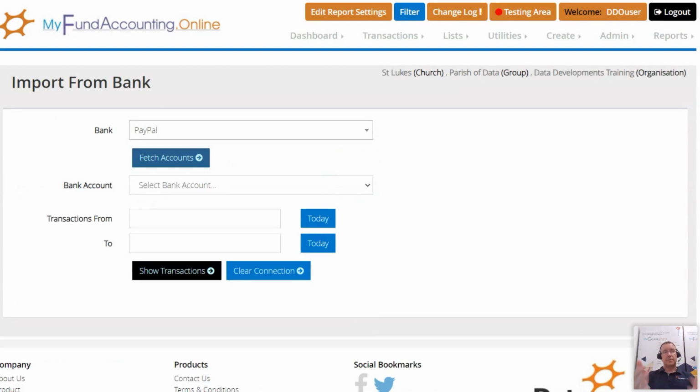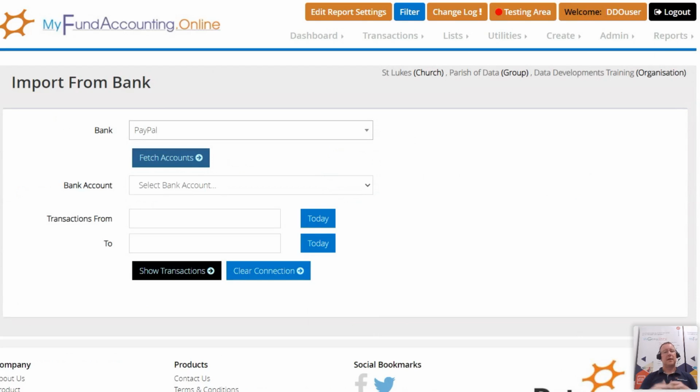Now to do that, we have to do what's called Know Your Customer checks. So you need to apply to data development to do it. We do all the checks. We then authorize it in the background. So yes, we've done the various different ID checks. The banks will then give you access. And essentially what happens then is each